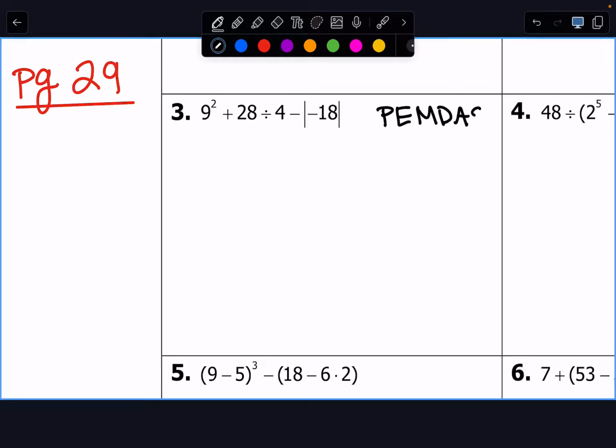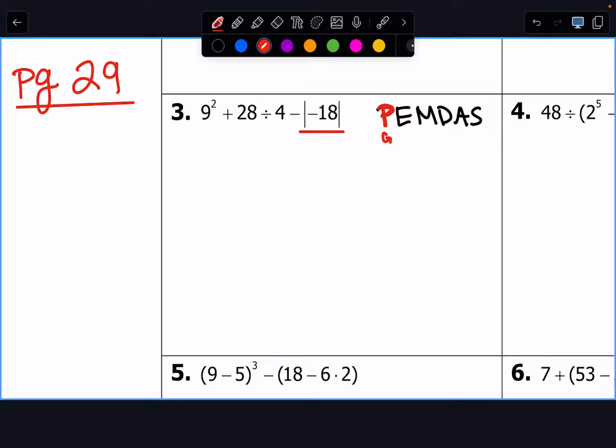All right. So I am going to write PEMDAS over here. Do you see any parentheses? No. Technically, I don't see parentheses. But when there's an absolute value, that is what we consider one of our grouping symbols. And remember, we talked about P could be G for grouping. So what we need to do is